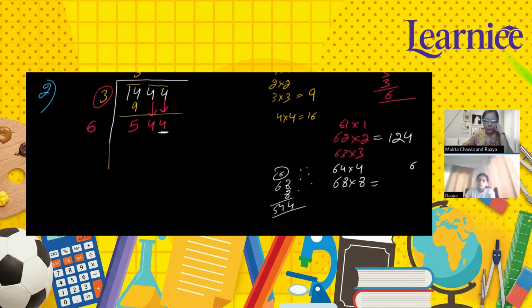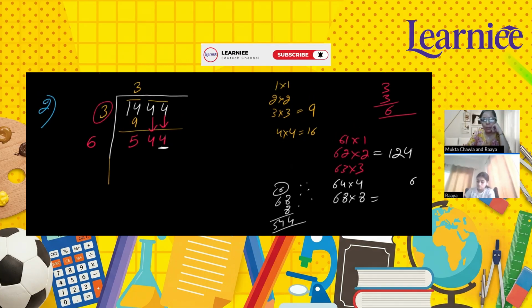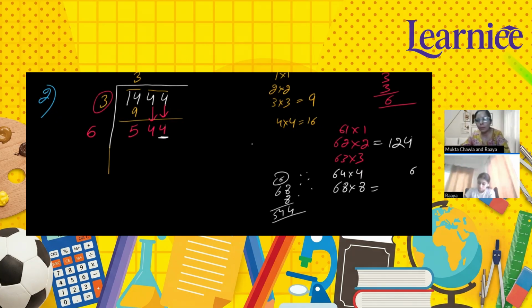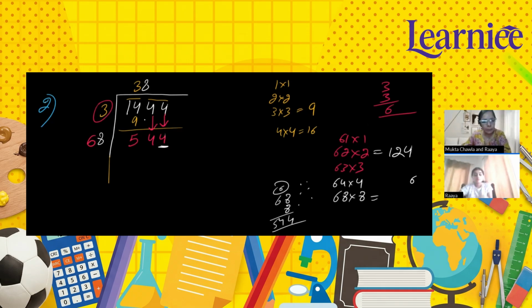Instead of going through all the pairs, 63, 64, 65, we can simply check the unit digit, that is, check those that can give us 4 at the unit place. We know that 2 twos are 4 and 8 eights are 64 give us 4. 2 twos are 4 is not near 544. We need a bigger digit, one that is near 544 or gives exactly 544. So I'm taking 68. Since I'm writing 8 in the divisor, I write 8 in the quotient also. 68 eights are 544, the exact value, so the remainder is 0.